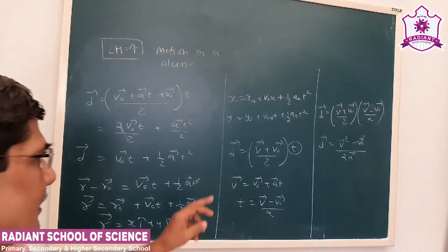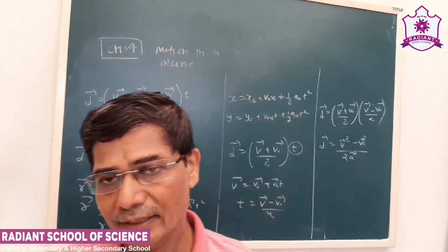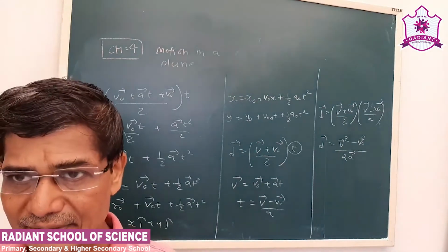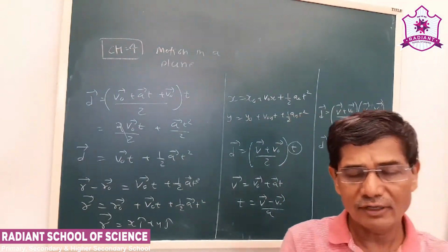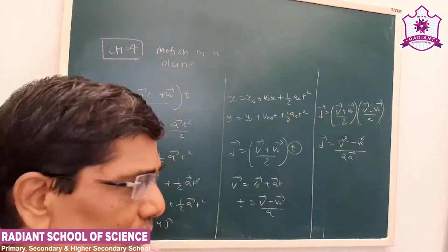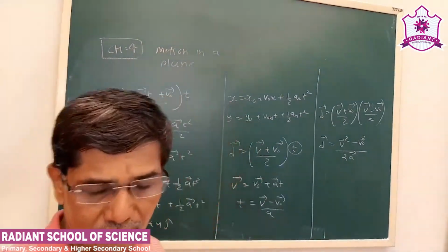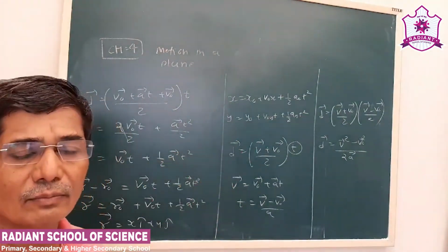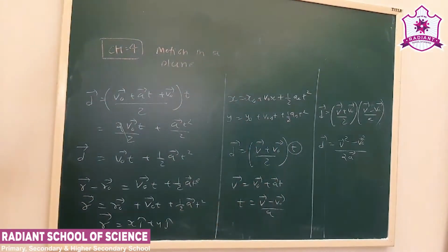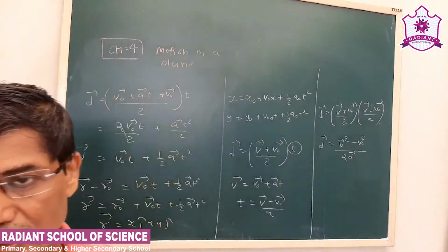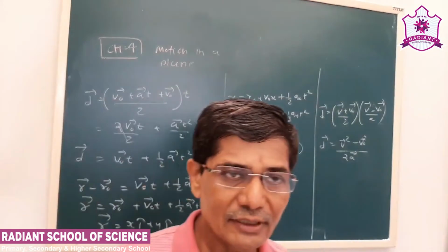So what we see here, x and y. This uniformly accelerated motion in a plane, or in two dimensions, can be represented as two independent motions. What are the two independent motions? One is in the x direction, second is in the y direction. So we can obtain the x component of the final position and the y component of the final position. This is how we can derive the kinematic equations of a plane, that is in two dimensions, with uniform accelerated motion, or we say with constant acceleration.